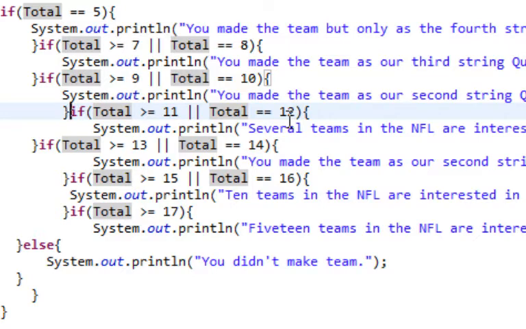It's really annoying. So if you throw for 11 or 12 touchdowns, not only will you move up in the depth chart, but other teams will be interested in signing you, and 2 teams might actually snatch you, put an incentive for you to come to their team. So like a starting quarterback position. If you throw for 13 or